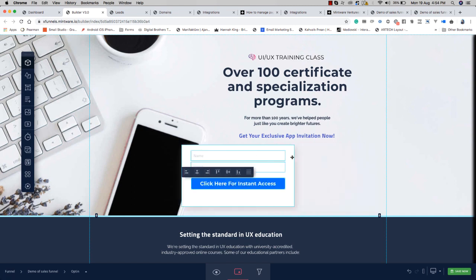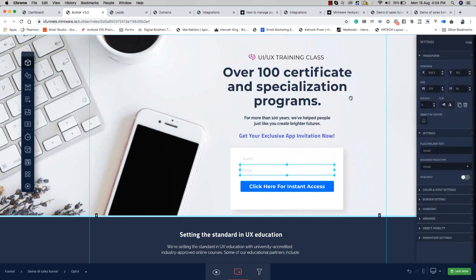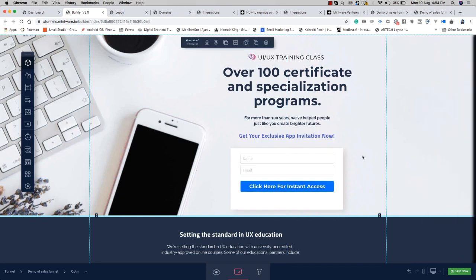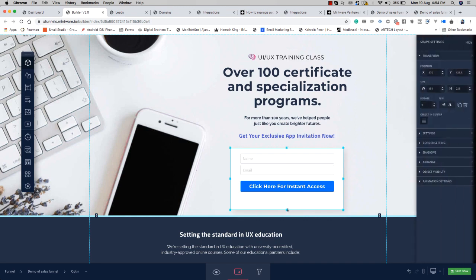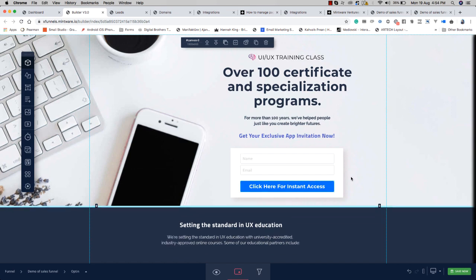But if you don't need the center of the page, you can move things together, and you can make them on the center of this section, right? That's very easy. And I bet you cannot do this in ClickFunnels or any other platform which you are using or must have used in the past. Okay, so combined